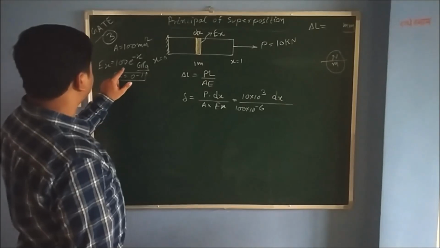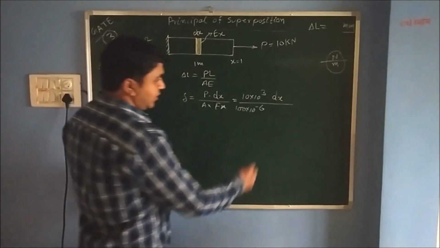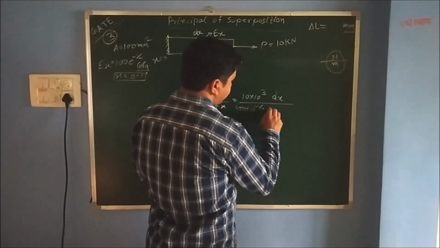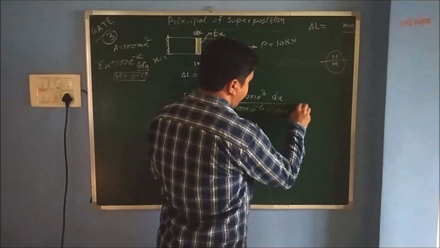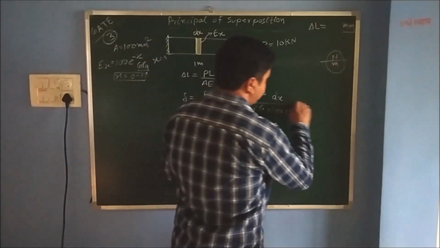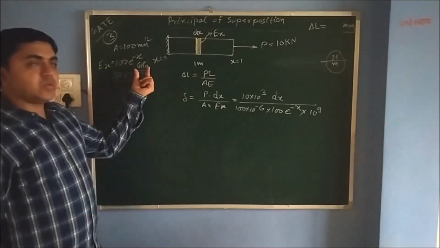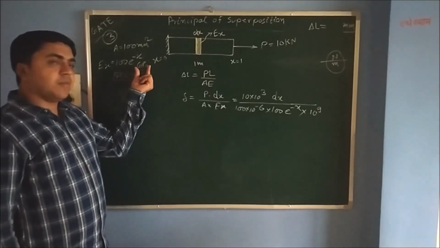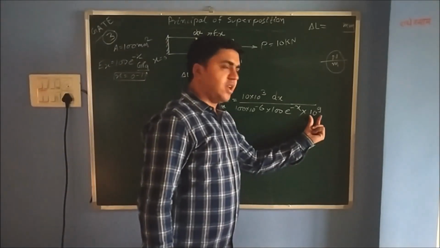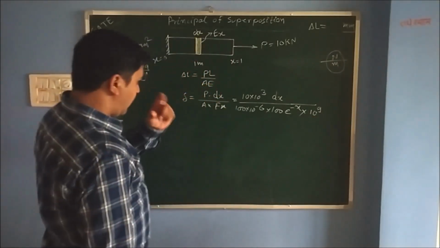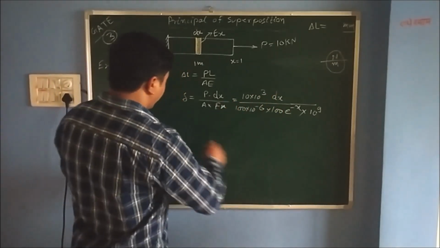And Young's modulus is given as 100 e raised to the power minus x, GPa is given, no? So it will be 100 e raised to the power minus x multiplied by 10 raised to the power 9, because you have to convert gigapascal to pascal, so gigapascal is 10 raised to the power 9, so 10 raised to the power 9 I have multiplied. Okay, so now let's integrate it and we'll take all the constants, solve the constants also.